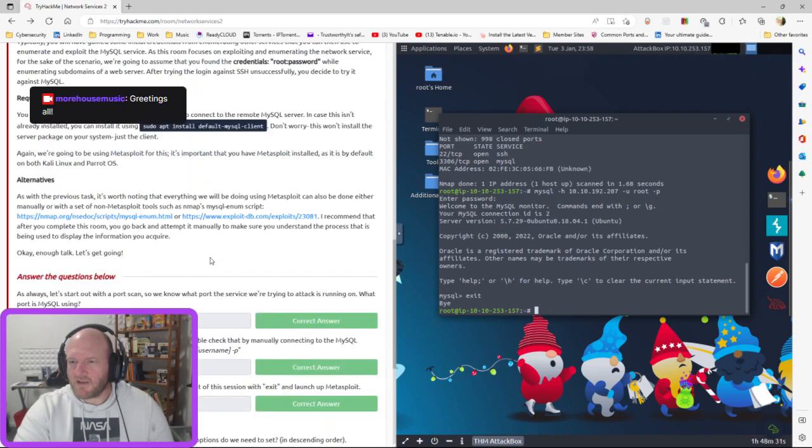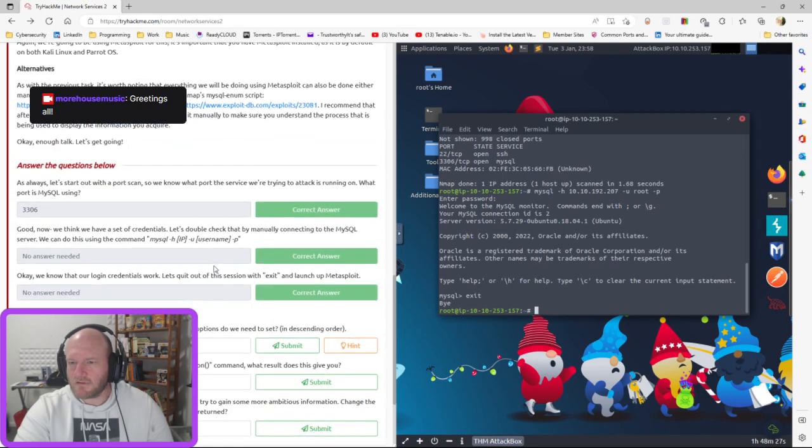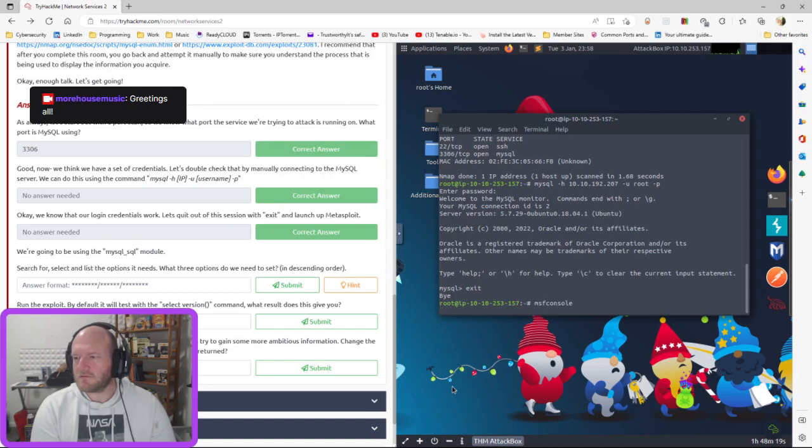All right, MySQL SQL module. I'm guessing that's referring to the Metasploit framework. So let's start msfconsole. Let's see if I can remember what I learned. Not between, not that I've seen. So let's say, just for example,